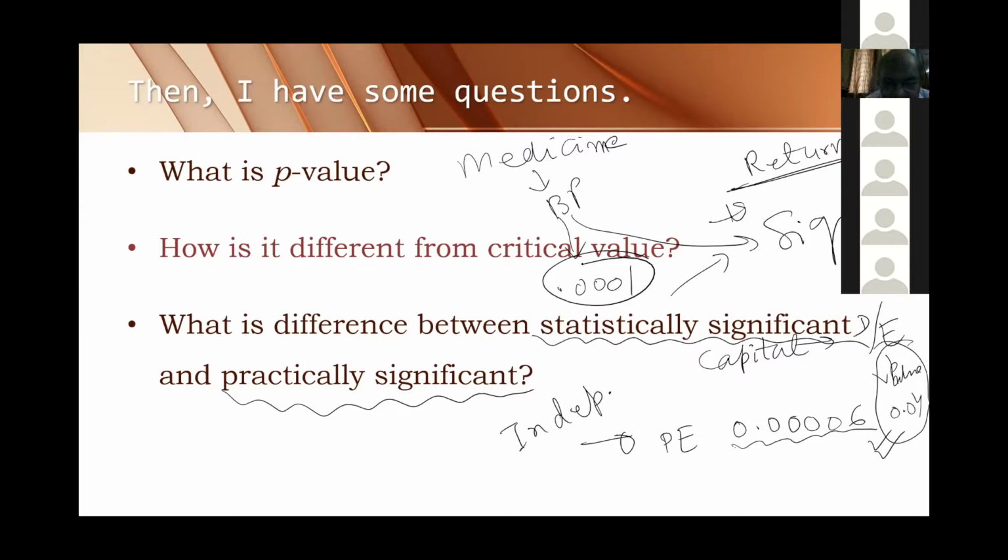Another question is, can we say that practically significant is one that can be generalized? Normally, yes, I can say, but something which you can generalize may not be practically significant unless and until it is supported by necessary theoretical background. So you have to be careful about it. A lot of judgment, wisdom, and your experience as a researcher you have to use to take a final call on practically significant things.